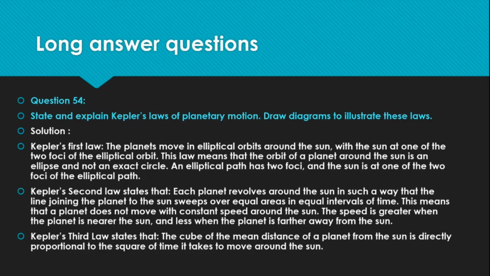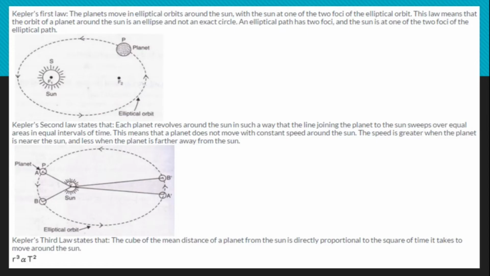Question number 54 is: state and explain Kepler's laws of planetary motion. Draw diagrams to illustrate these laws. So the solution is Kepler's first law. The planets move in elliptical orbit around the sun, with the sun at one of the two foci of the elliptical orbit. This law means that the orbit of a planet around the sun is an ellipse and not an exact circle. An elliptical path has two foci and the sun is at one of the two foci of the elliptical path. So as in this diagram, the first image, you all can see that the